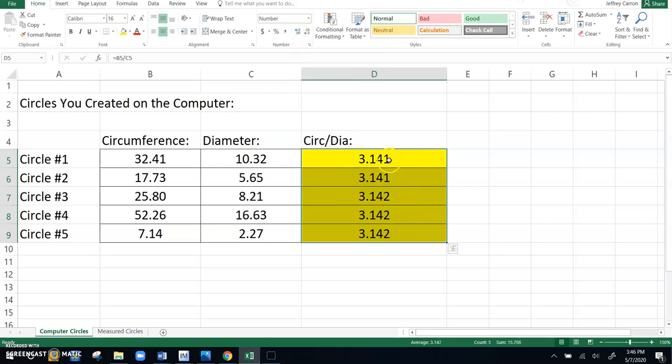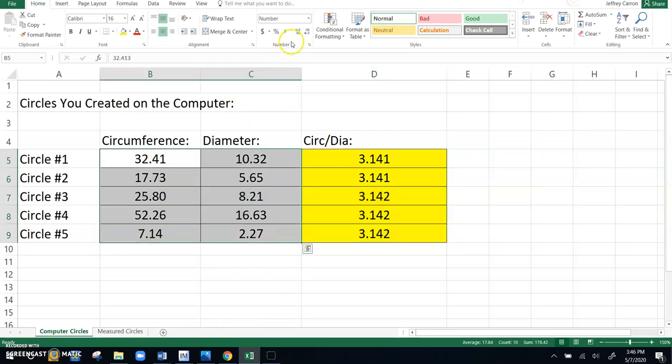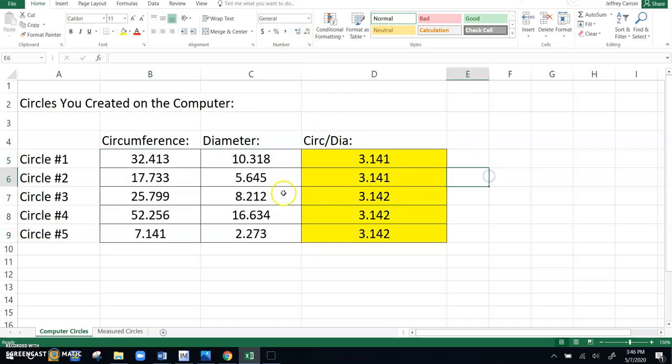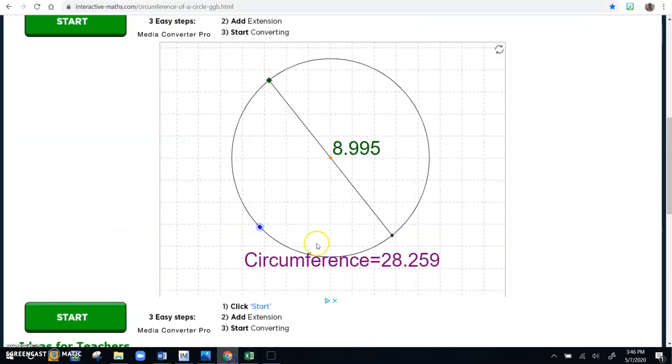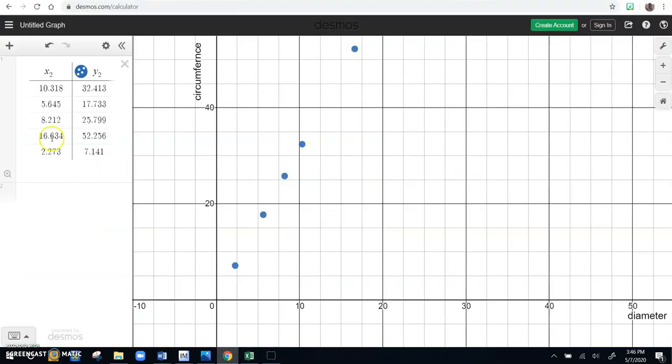If I go to another decimal place, you can see these two worked out perfectly, but these ones rounded a little bit differently. Now what's kind of cool is that if I take this data right here, let me go to another decimal place right here. I already took the liberty of taking that data and plugging it into Desmos. Check this out though. There's all that data. The X is going to represent the diameter, the Y is going to represent the circumference,